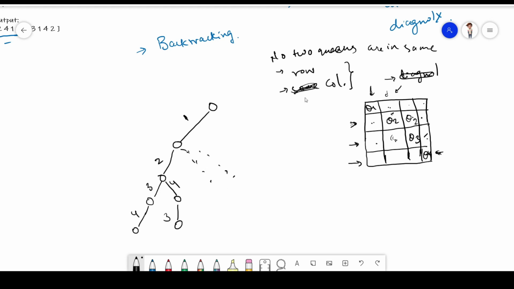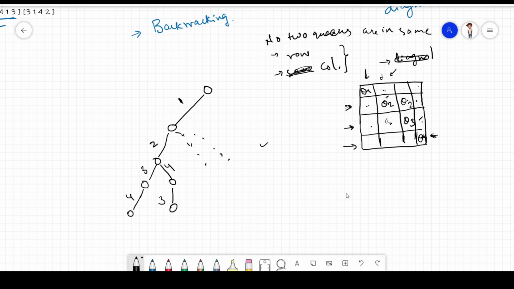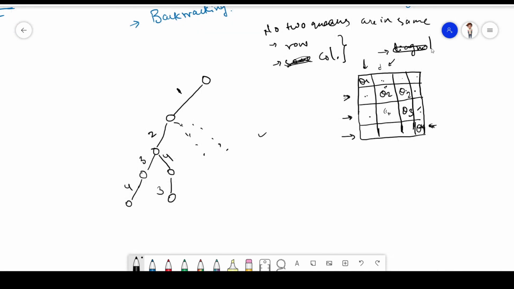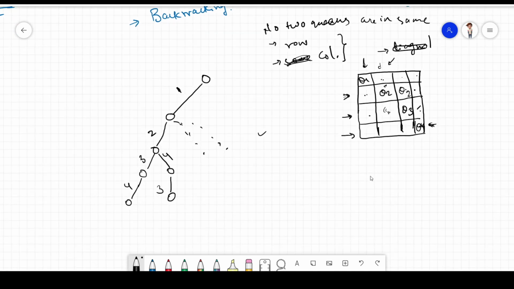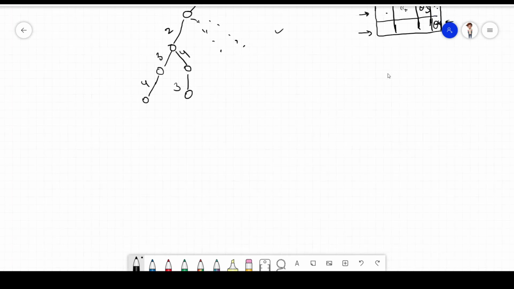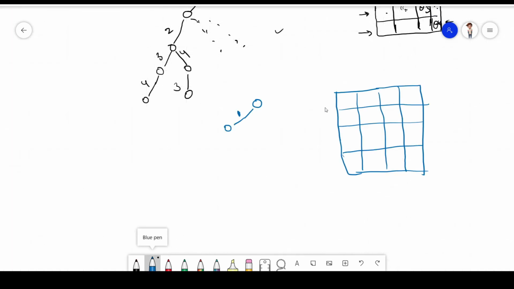So I think this is all clear to you. What we can do, we can find all the positions, and now we were considering only row and column. Now we will consider the diagonal using the bounding function. So when we use the bounding function, when I place the queen 1 in the first position, can I place it in the first column in this first row, right?